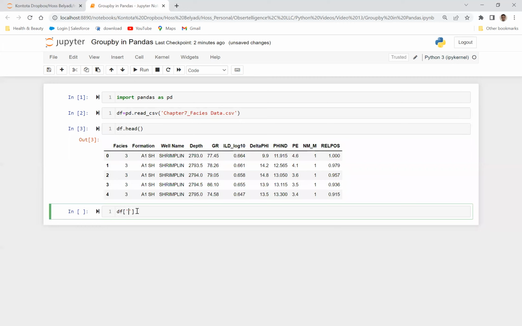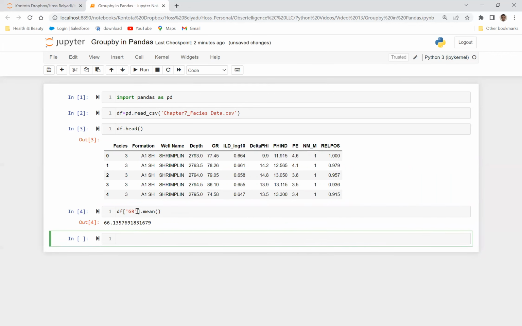So let's go ahead and say df.GR, GR stands for gamma ray, and just get the mean of that column. Here you go. You got 66.14. So now, there's a very handy function in pandas called groupby. And so what we can do is say df.groupby,